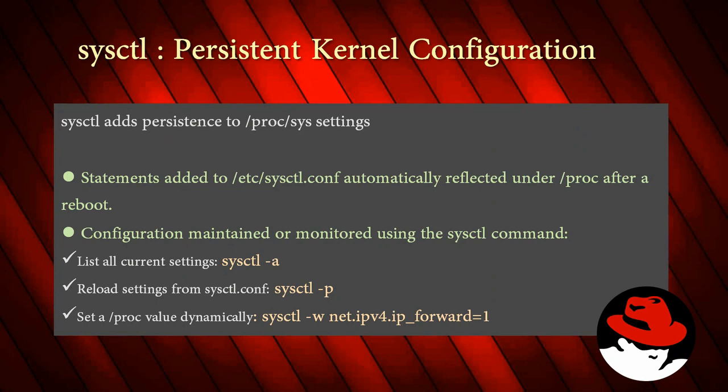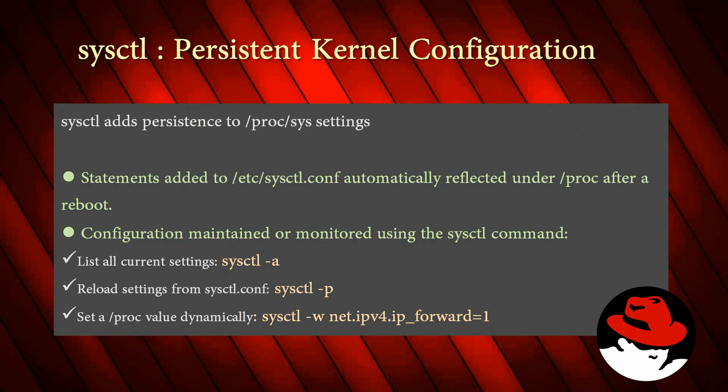The difference between persistent and non-persistent is that non-persistent configurations are applicable only till your computer is on. If it is restarted or shut down, the non-persistent configurations get lost. And next time when you start your system, if you have configured persistent kernel configuration, it will exist. Then there is a command called